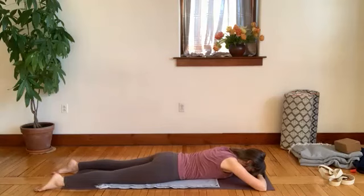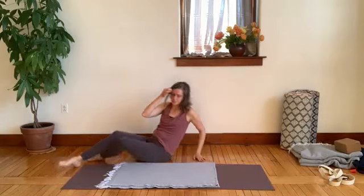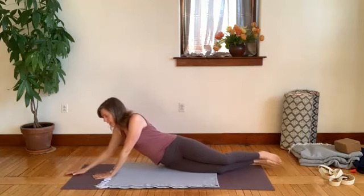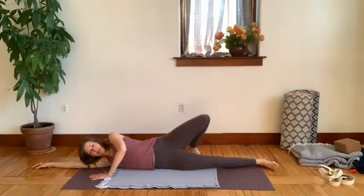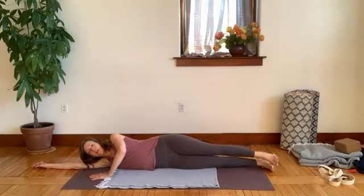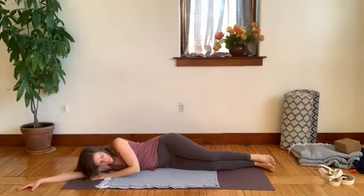All right, and we're one more time going to come onto the right side. And once more, I suggest using the edge of your mat as a little bit of a grid to get an understanding of where you place yourself. So it's a balance pose. And if you're not particularly supple on the sides of your spine, you'll probably find your way to flexion, which means your legs might come forward, your knees might bend,